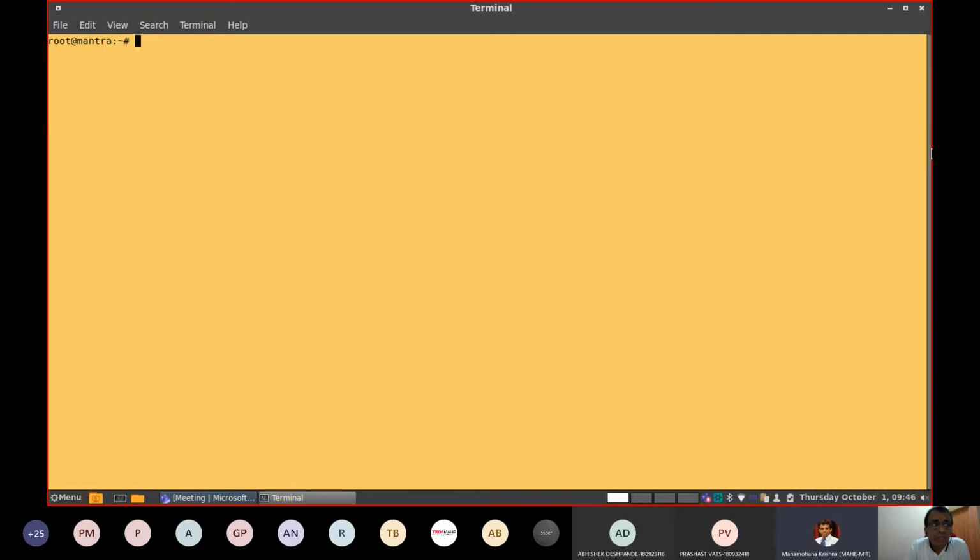The moment you type sudo and then some command, that command will work under super user privilege. In fact, this sudo permission can be granted to more than one user. In case you want your operating system or a server to be administered by different people, you can give sudo permission to multiple users, and that means they can become ad hoc super users in the system.